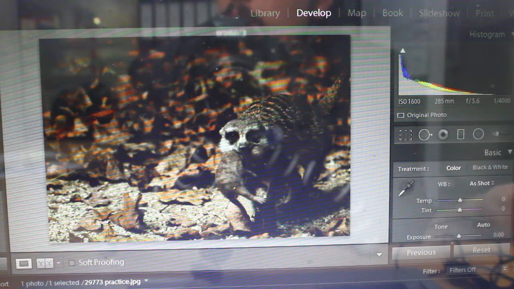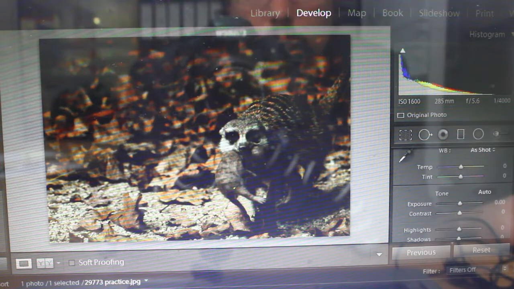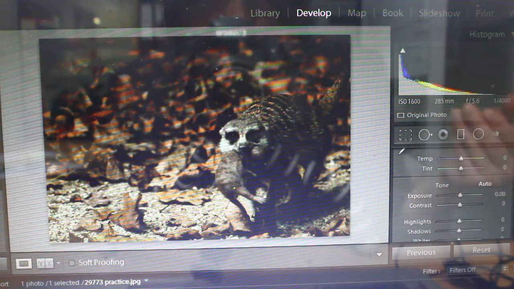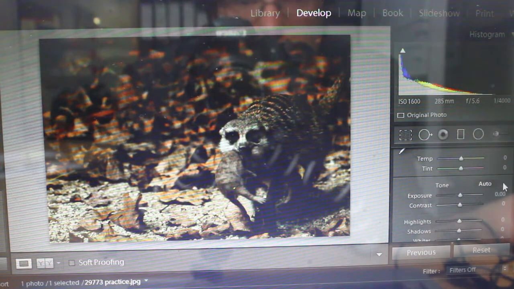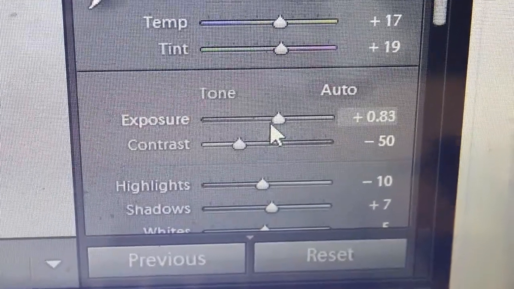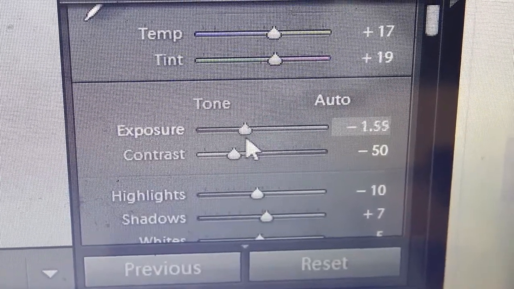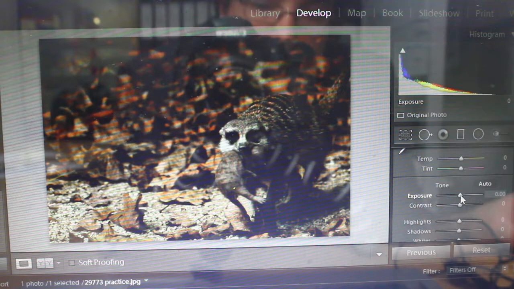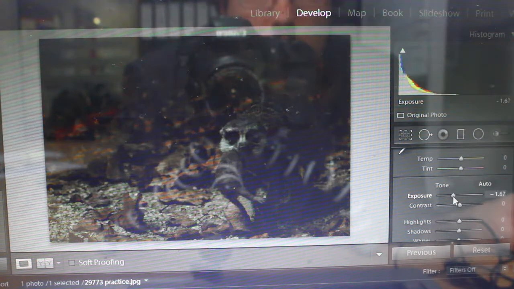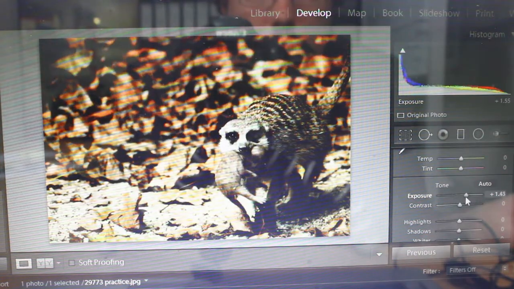Okay, so firstly, we'll have a look at the brightness. So we can see that this image is a little bit dark. We're going to go to exposure, okay, down here on the right hand side. But in other programs it could be called brightness or light. So you click on it, dragging it down makes it darker, dragging it up makes it a bit brighter. You don't want to get it too overexposed. So I'd say that is probably a pretty good